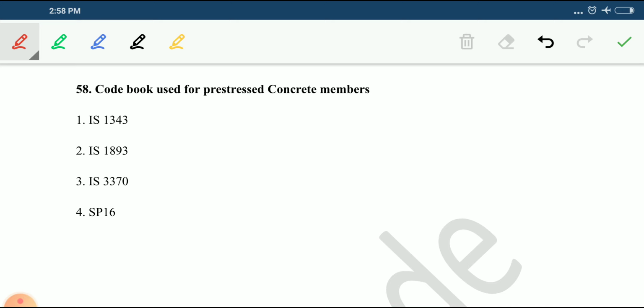The next objectives we will solve in the next lecture. Before solving the objectives, you should understand the concept in depth, then only you will be able to solve the objectives. I already made the lecture on pre-stressed concrete. First see that video, and after that jump to this video lecture. Then only you can answer the questions in a faster way.